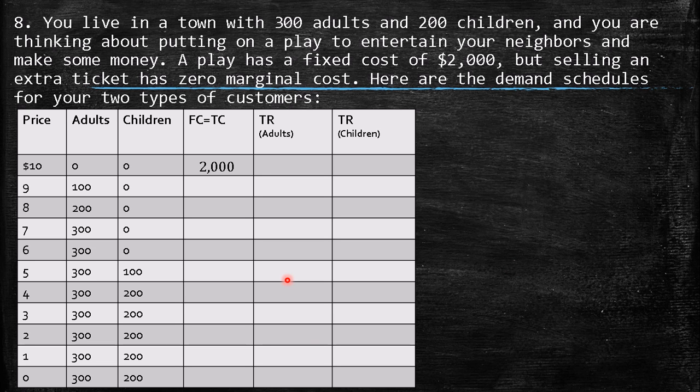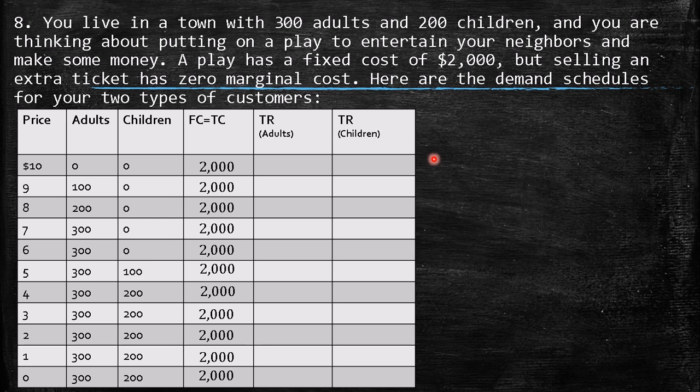So here we can build the other part that is not provided by the book, and automatically add three columns, where we have total cost, which is exactly equal to fixed cost, because there are no variable costs. And we have total revenue for adults and total revenue for children. I discriminate both, because it will be useful in order to analyze the next points. So here we have 2,000, and remember, as fixed cost,